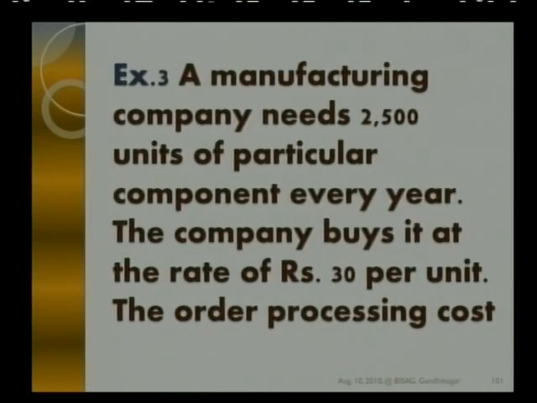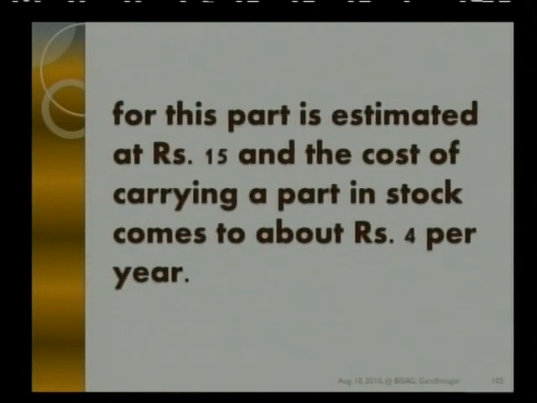The example for this model is, say, a manufacturing company needs 2500 units of a particular component every year. The company buys it at the rate of 30 rupees per unit. The order processing cost for the part is estimated at rupees 15, and the cost of carrying a part in stock comes to about rupees